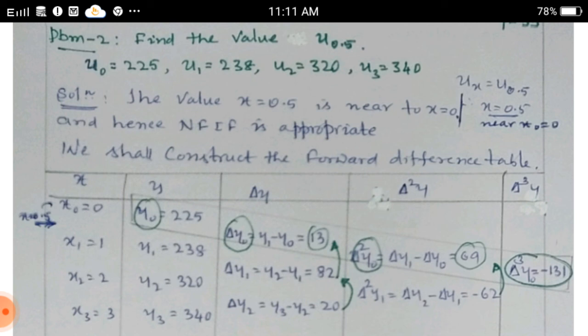And also calculate x0, x is equal to x0 plus rh. You may calculate r is equal to x minus x0 divided by h. h is equal to, observe values of x: x1 minus x0 is equal to 1 minus 0, 1. x2 minus x1 is equal to 2 minus 1 is 1. x3 minus x2 is equal to 3 minus 2 is equal to 1. So the step size or length of the interval, each interval is common, that is h is equal to 1, h is equal to x1 minus x0.